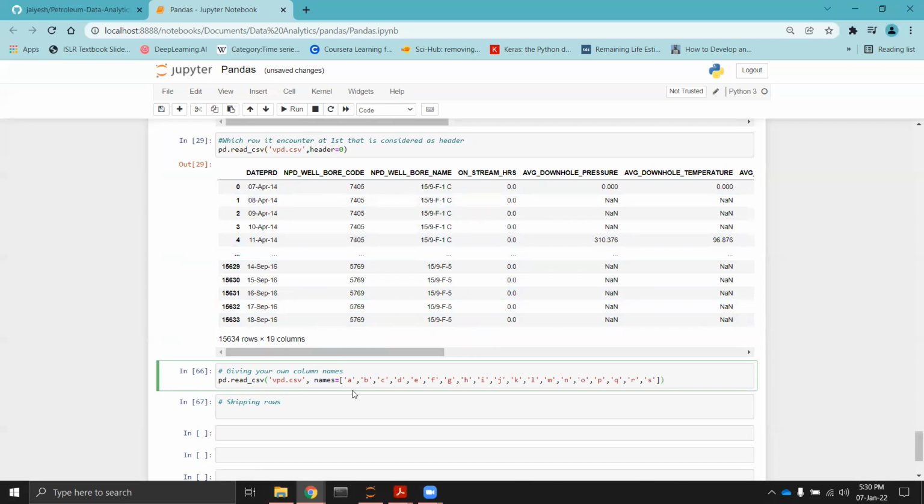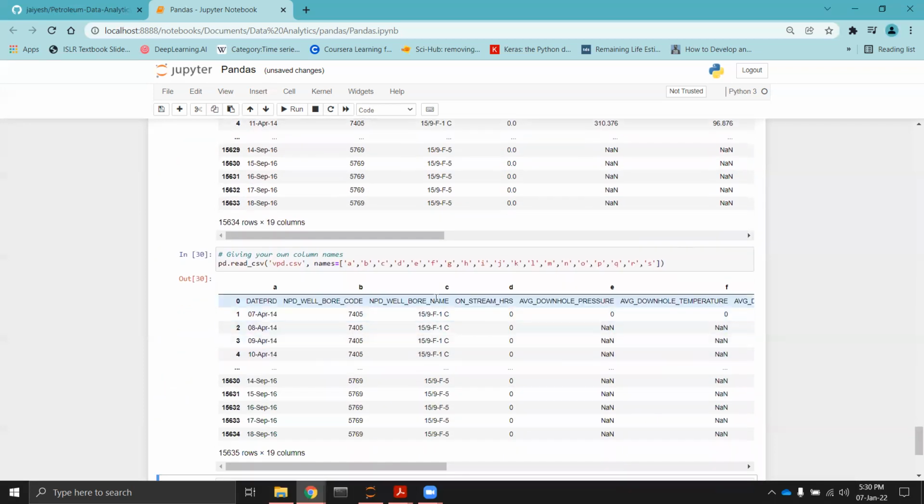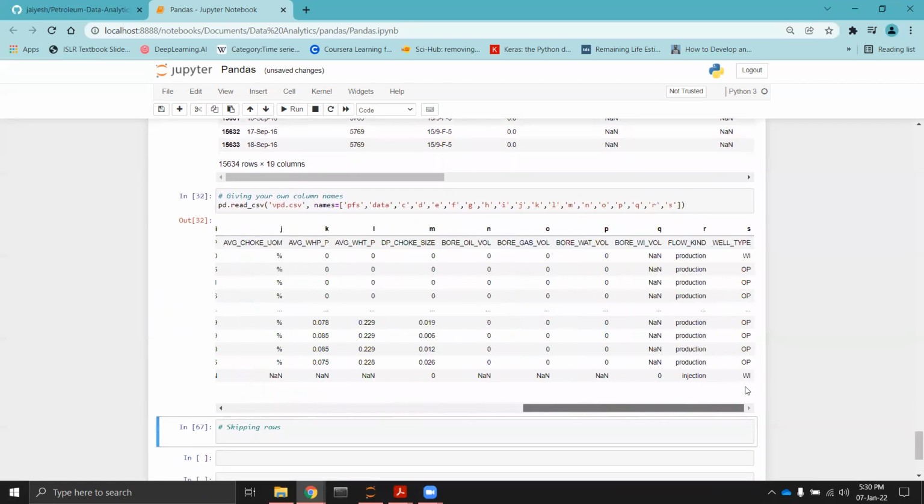There are 19 columns, so I have written 19 names, and when I hit Shift and Enter, you can see the column names have arrived: A, B, C, D, E, F. You can also change them, for example if I write petroleum from scratch here, it is your petroleum from scratch data. So in this way, you can change the names of the columns.